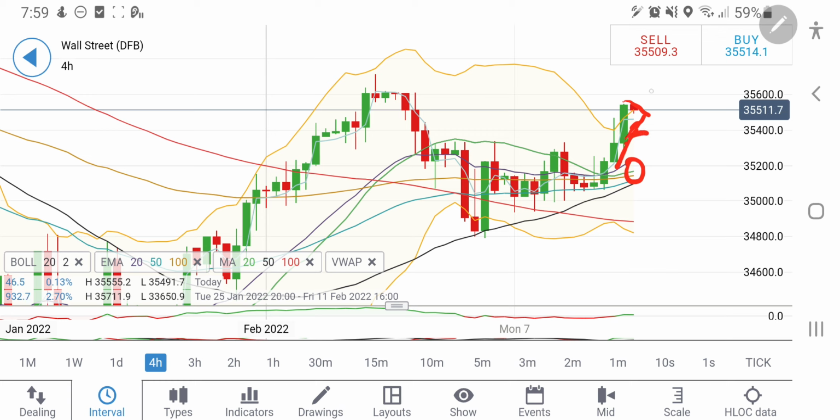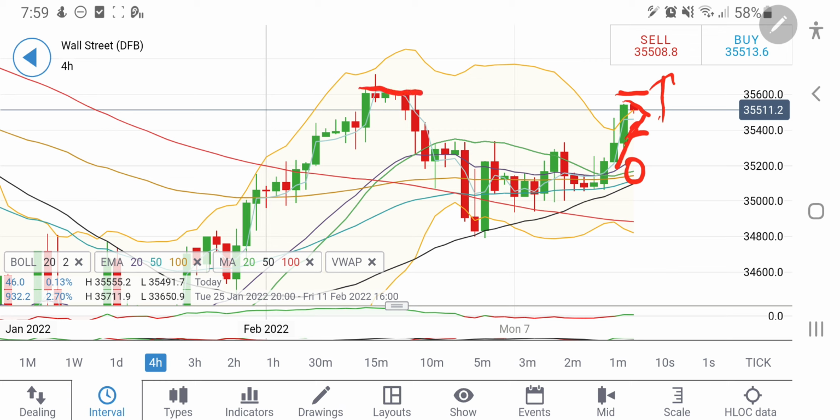These two levels can be expected, and from there it can rise again. Possibly a good entry for going long is at around 35,350 to 35,400 levels, where you can expect it to rise and you can make almost 300 to 500 points. Anyways, beyond 35,600 you can definitely remain long.